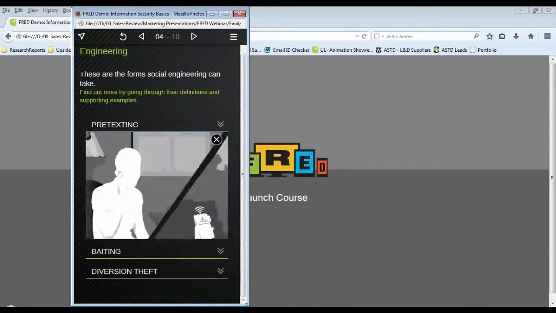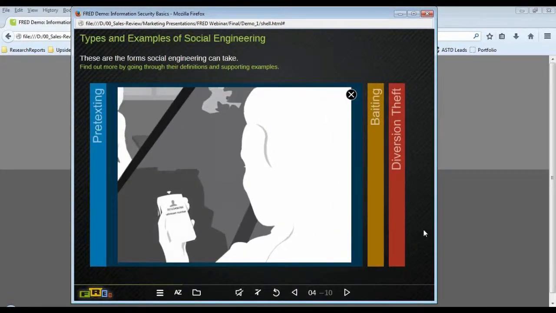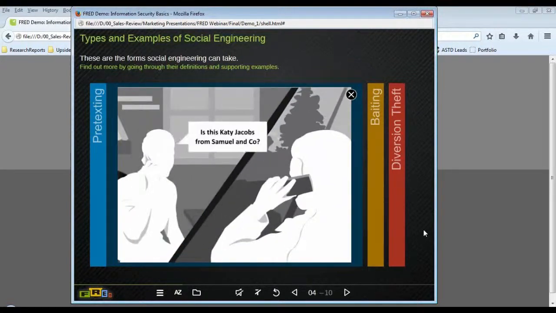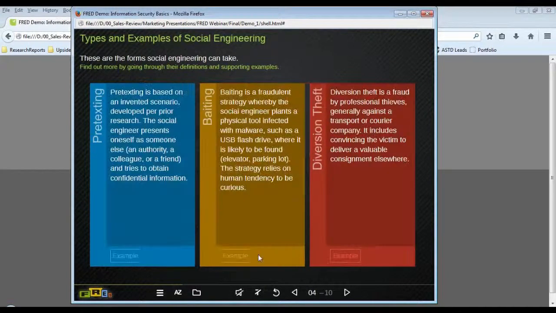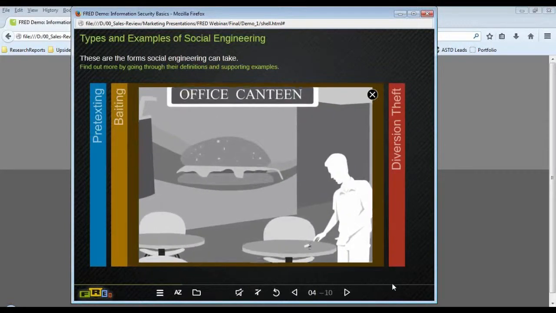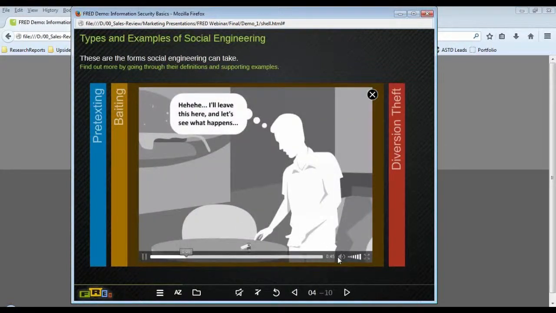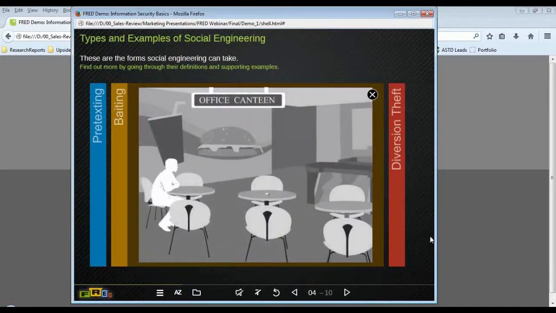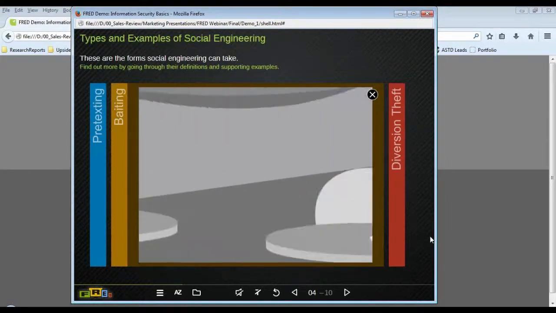Now this is an audio-based scenario where there are multiple scenarios which can be presented. As you saw on a smaller device, it's a smaller video but still presents itself and fits itself well for that screen size. On a larger screen, it is presented differently. Since this is an information security course, we went ahead and created some scenarios about information security, how you make sure of what wrong things can happen with you.